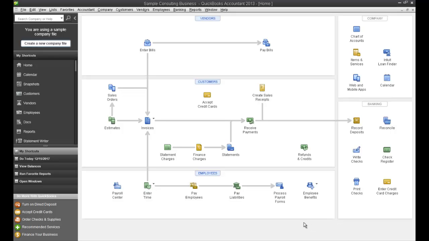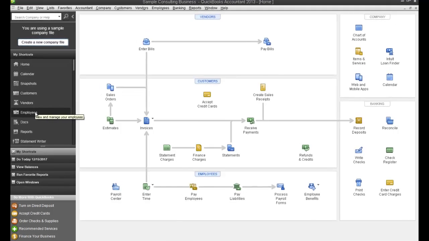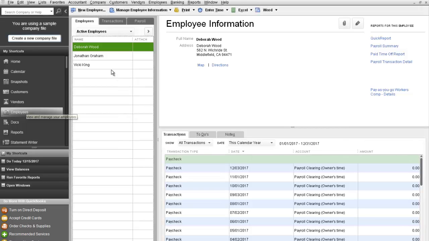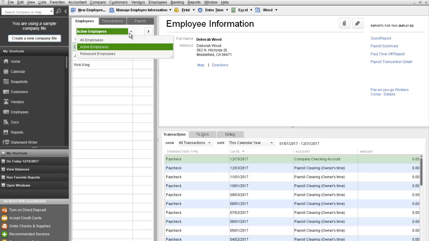Today we're going to talk about setting up an employee in QuickBooks. Setting up employees is very simple. You simply go to the Employee Center, and from here you will see the list of employees currently set up in your company. You can view all employees, inactive or released employees, and active employees from here. To set up a new employee, just go to New Employee,